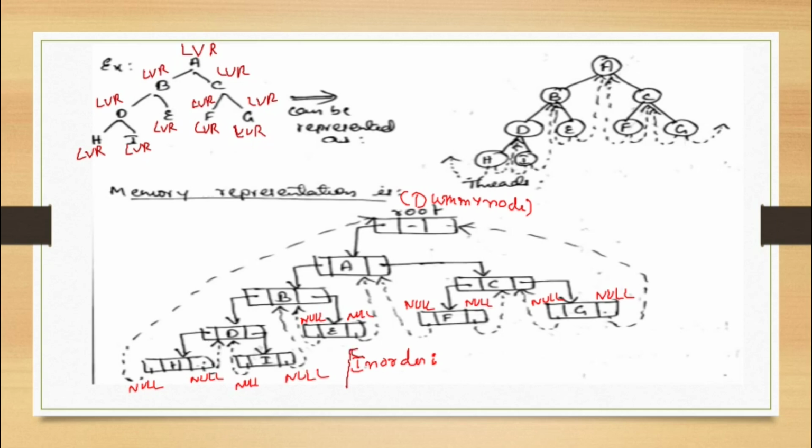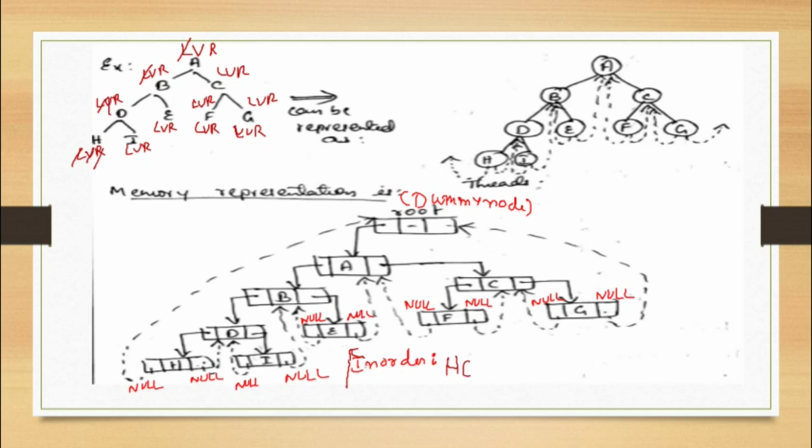So left I will go, then again left I will go, then again left, then again left I will go. There is nothing here. Then I'll visit H. In the beginning, I'll visit H, so it starts from H. Then nothing is there, I come back and I visit O.